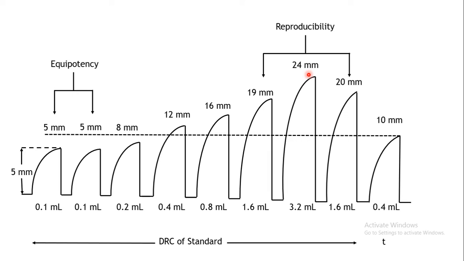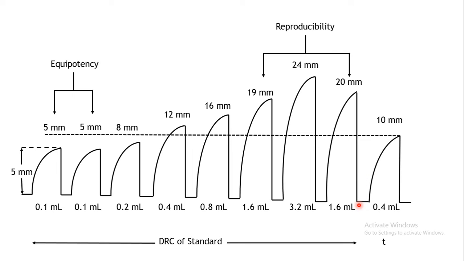That means ceiling is not obtained over here. If this response was 19 mm or less than that, then it indicates the ceiling. So your ceiling is not obtained, so you can repeat the 1.6 ml dose over here, which is the submaximal. This is the maximum dose, so submaximal dose you have selected. Supposing if the reproducibility is obtained with these two doses, then you need to repeat the 0.8 ml. That is ideal. So this is to do with the reproducibility, repetition of the submaximal dose to check again the stability of your tissue.